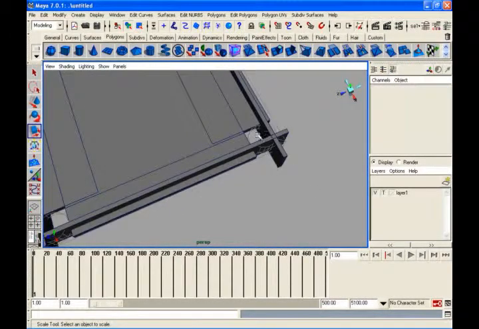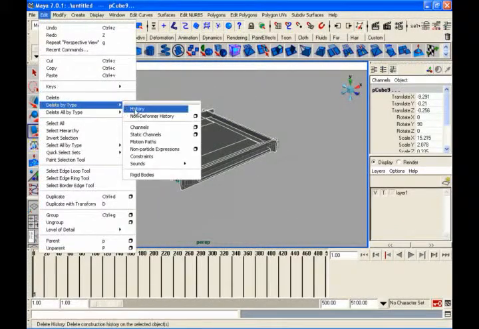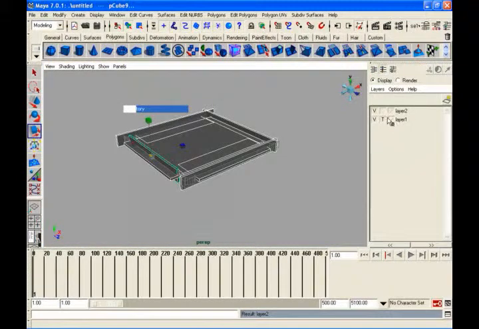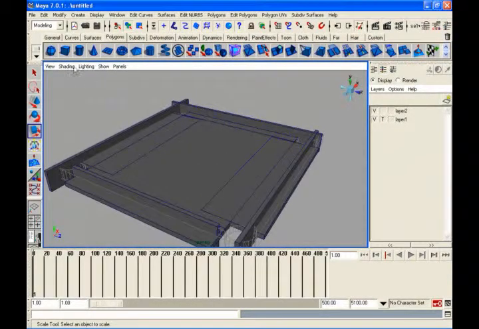Select all of them, Edit, Delete by Type, History, put them in a separate layer because it's a proxy layer. The simulation will happen in this proxy, and we can see the effect on this, like faking each and everything. So let me create my coins. This is the only solution, creating this proxy.